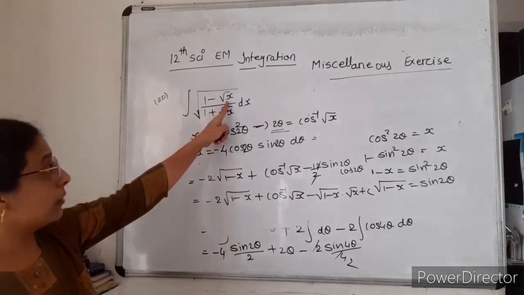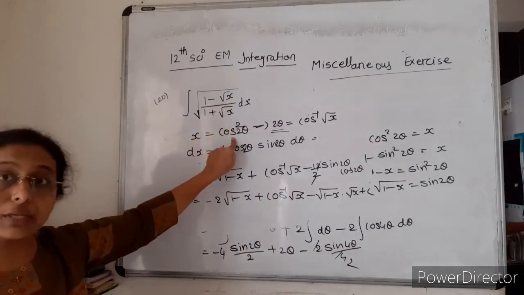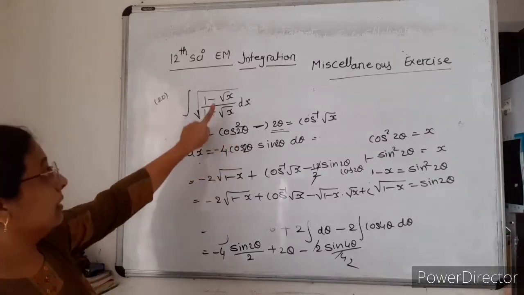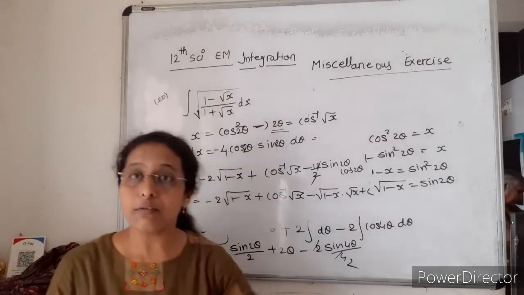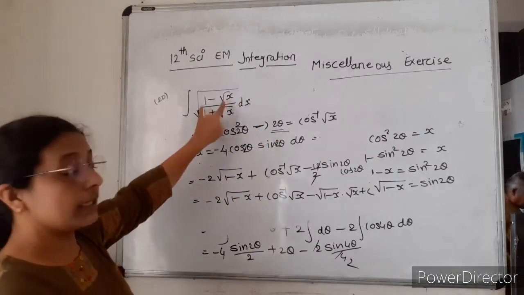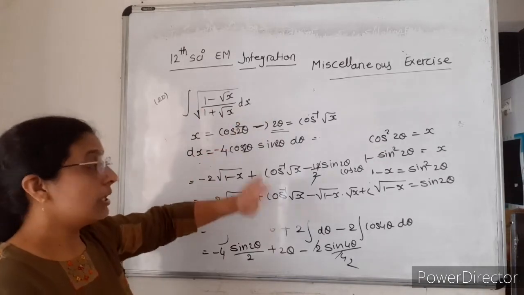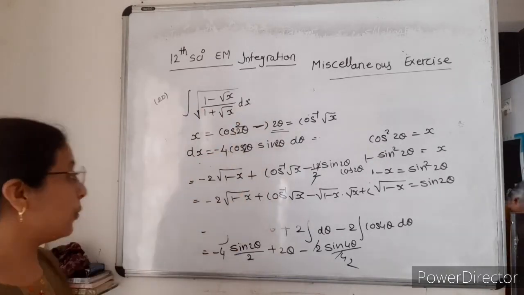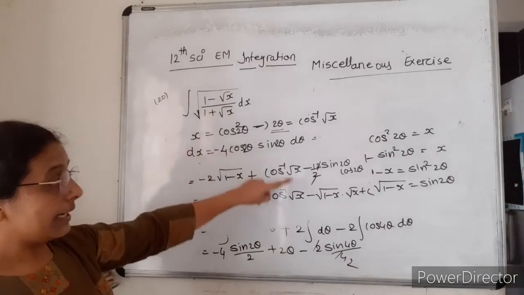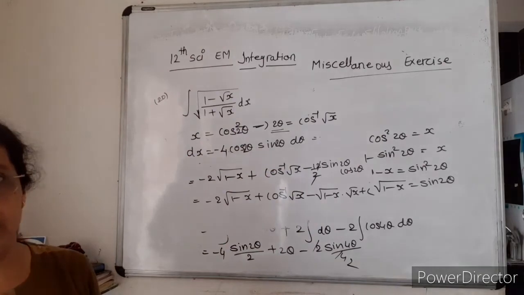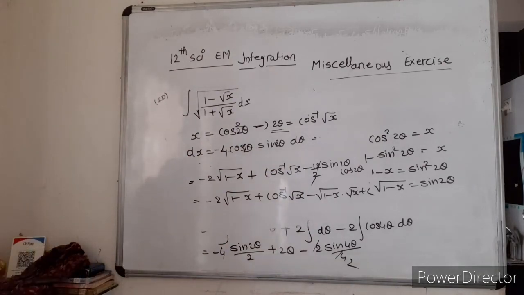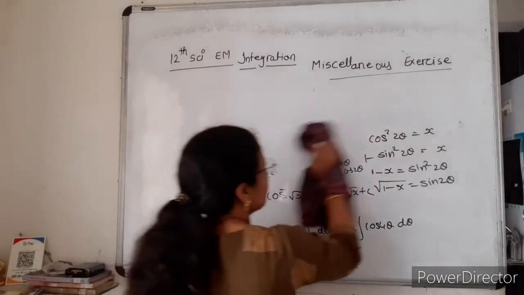What to do first? Root x, so x is equal to cos square 2 theta if I take, then cos square 2 theta, cos square 2 theta, so 1 minus cos 2 theta, 1 plus cos 2 theta will become 2 sin square theta, 2 cos square theta, and the derivative cos will cancel and you will take here. Then find out the derivative integration and you can do this. Understood everyone? Yes. So this is our question number 20. Now we'll go ahead with question number 21.